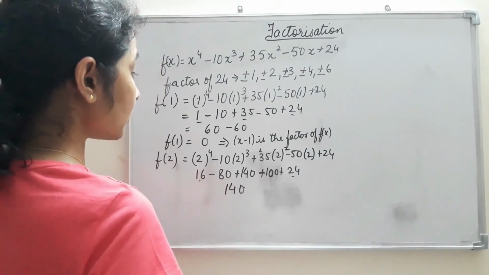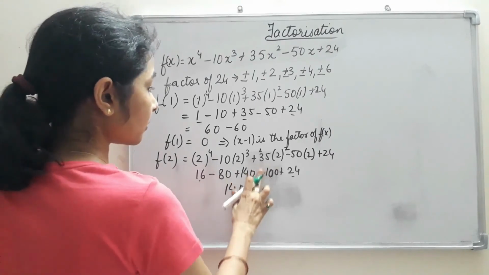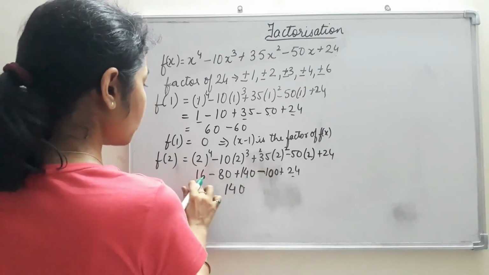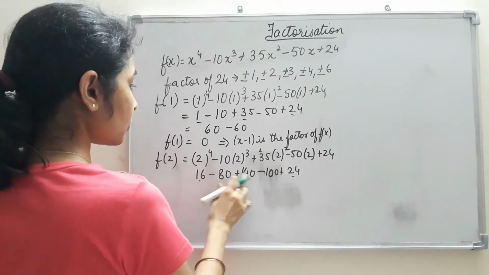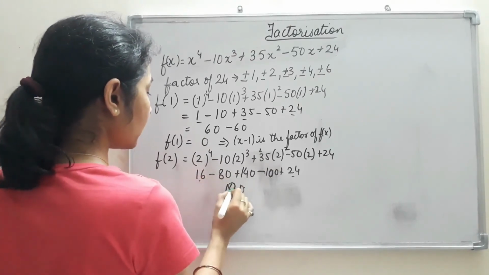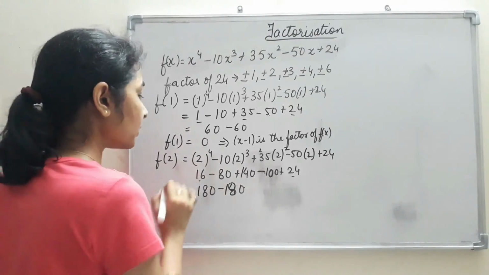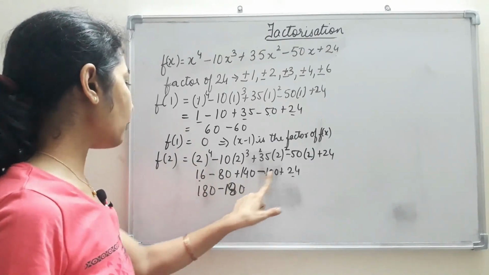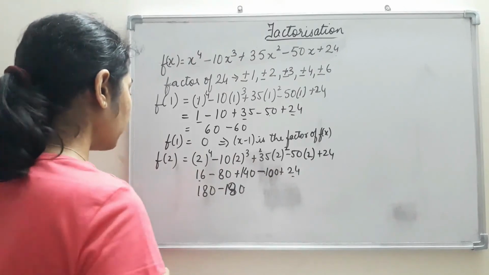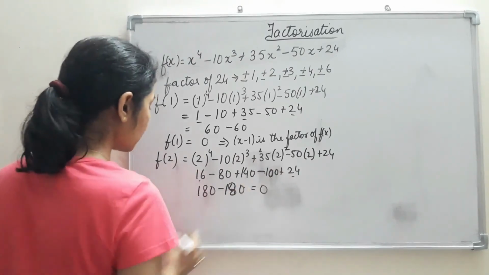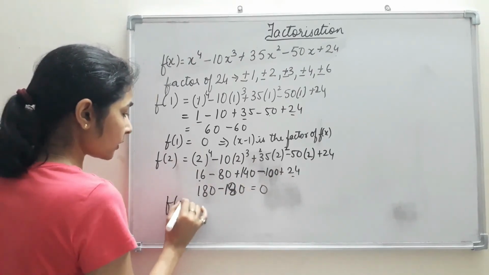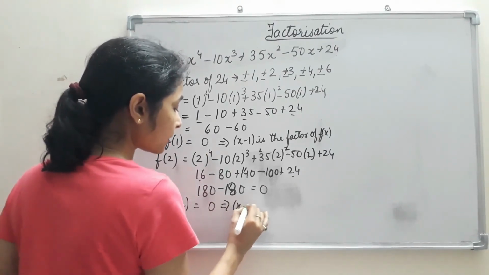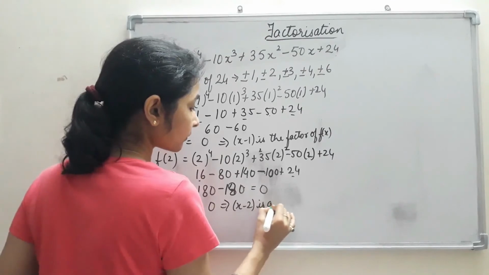140. Again there is a negative sign here. It is negative here, and these two are positive. 180 minus 180, I am getting 80 and 100 minus 180, and 140 plus 40 gives me 180. Okay, so here again I am getting 0. So f(2) is equal to 0. This implies that x minus 2 is also a factor